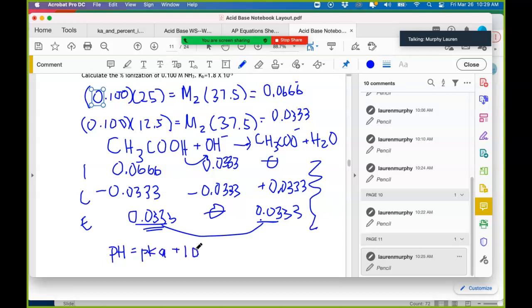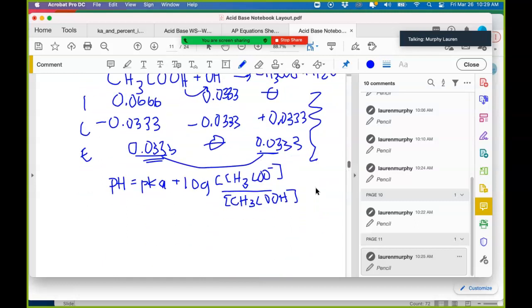pH equals pKa plus the log. The conjugate goes on top, so that's acetate. And the weak acid goes on the bottom. And then you just plug and chug from here. pH equals pKa plus the log